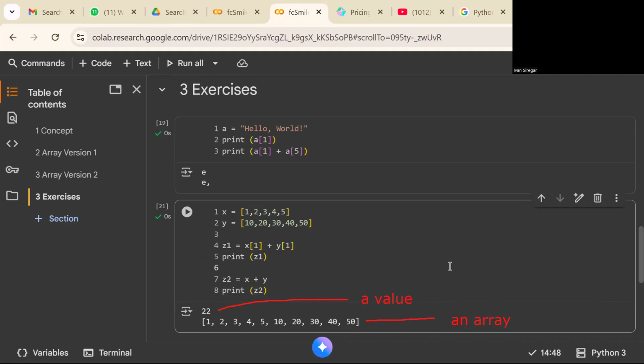So this is different. Why? Because in this instruction, you get the value by accessing by index. So by mentioning the index, you will get the value.